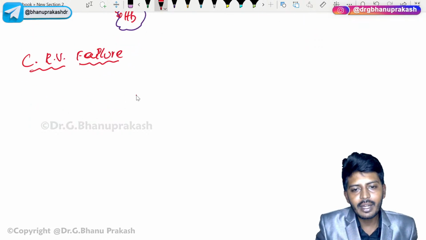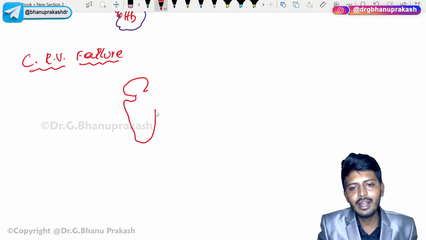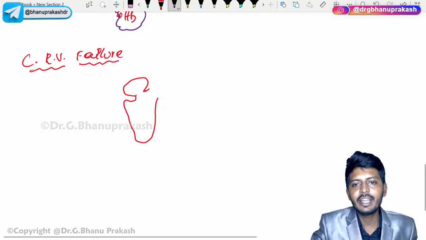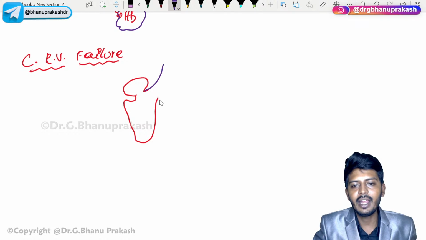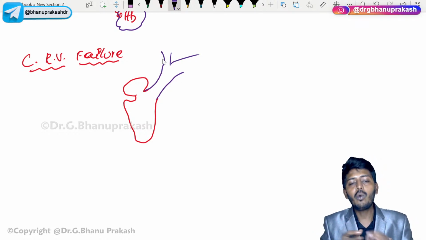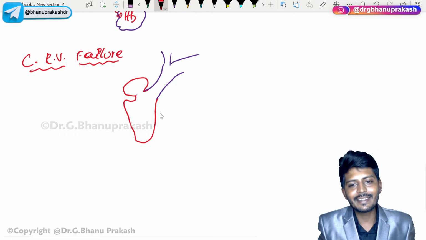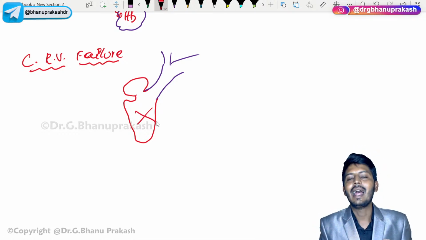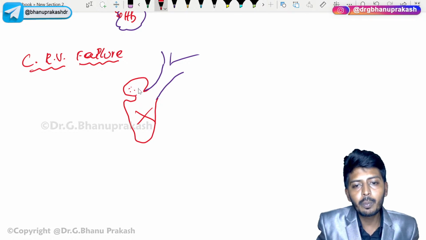So consider this is your right atria, right? This is your right ventricle. So this right ventricle is connecting to what? Pulmonary trunk, right? Pulmonary artery. All of you know it, pulmonary trunk. So now what happens? Consider if there is a failure of right ventricle, all the blood will start to pool up in the